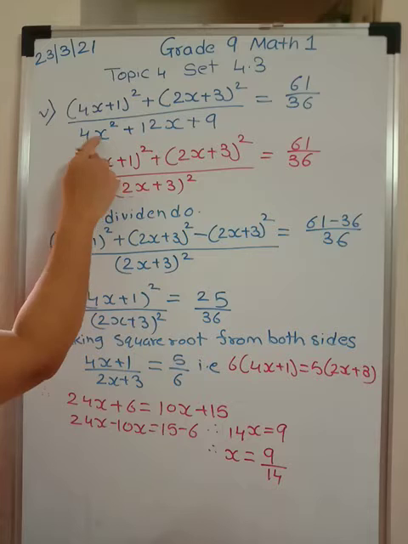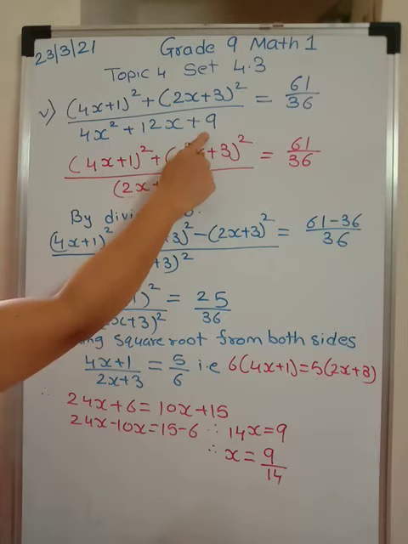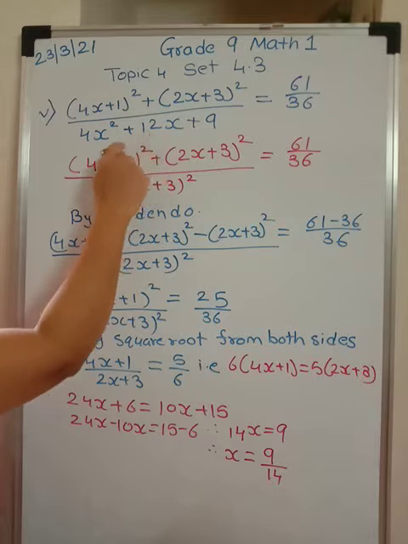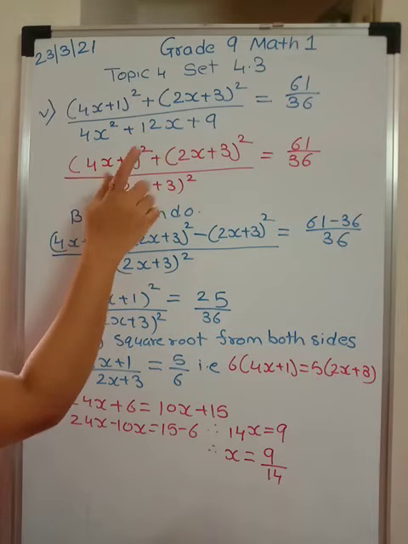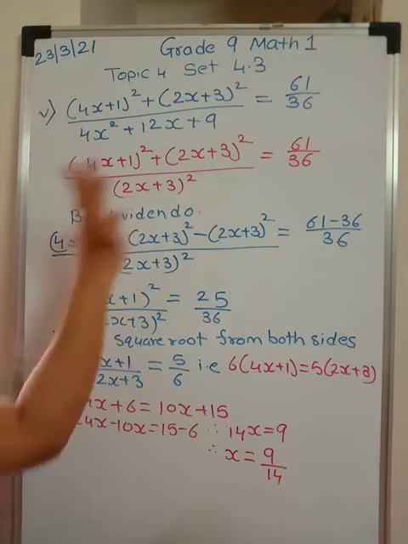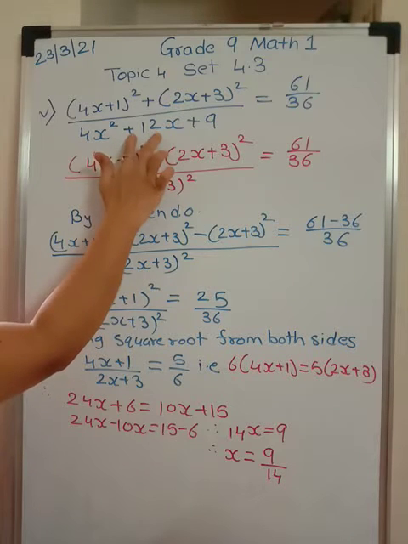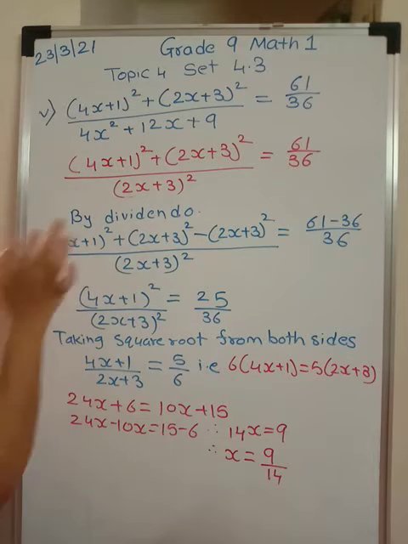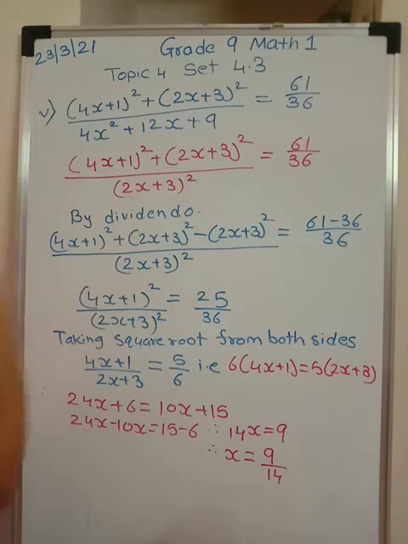If you factorize this, 4 9s are 36, no? So find the factors of 36 whose addition is 12. So you will get 6 and 6. And if you go on solving, at the end you will get 2x plus 3 into 2x plus 3. So this is square of 2x plus 3. So for this I have written 2x plus 3 the whole square.